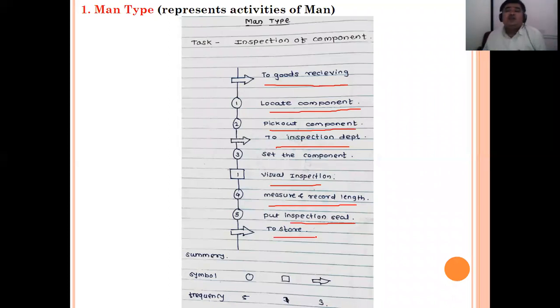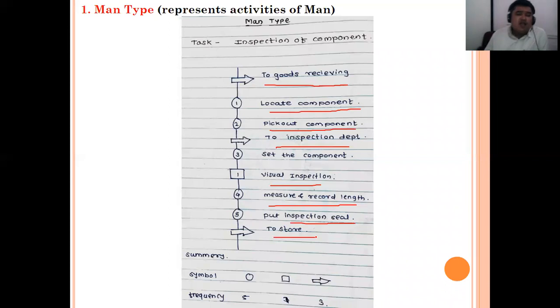So this is how persons are working. The worker enters the organization at the gate, but he does not receive the goods there. He has to go to the store or to that machine, and then he will receive the goods. So that is transportation. After getting the goods, he will measure, inspect, and record something, the length, the diameter, whatever the inspection points are. After inspection he will seal that inspection report and keep the part in the store again.